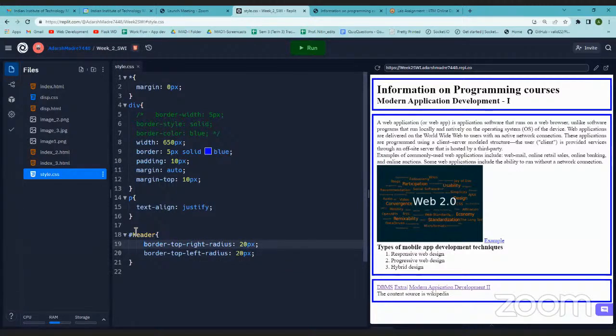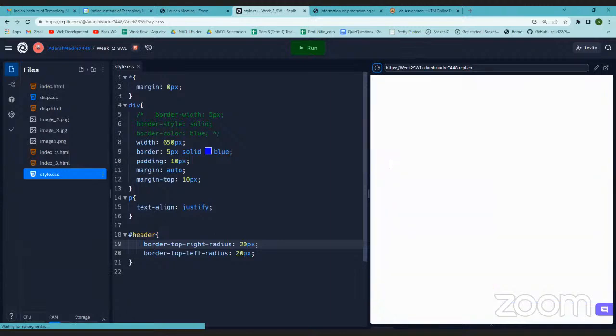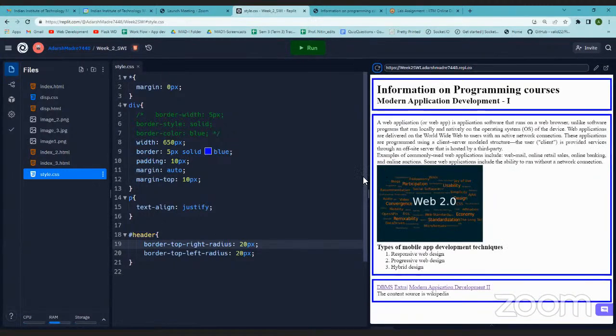Okay, so border top right radius 20 pixels. Sir, border top radius will work. Will it be shorthand for both left and right? No, it won't work. So shorthand is for 2 or 3, it is not for all. Okay, but it is not working here. See, I don't know why. Let us see. Header H is not capital. Okay,